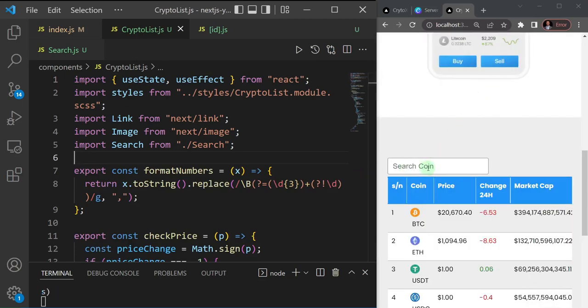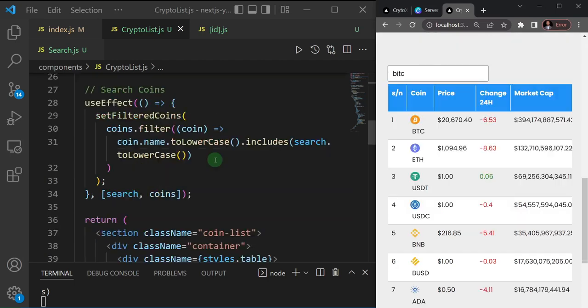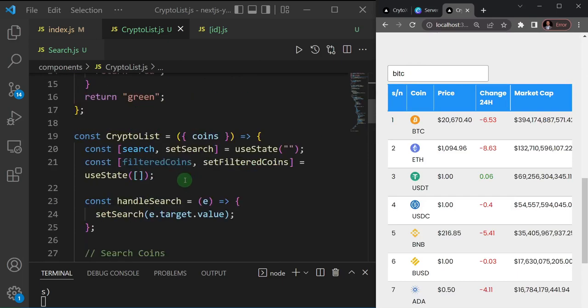So now let me try and search for something here. So I'll just say bit. So I'll say bitcoin. Okay, so something is definitely wrong here. Let's just figure it out quickly. So apparently I was just too eager to test out this functionality that I've not added the filtered coin to